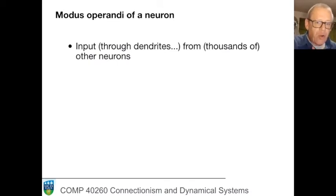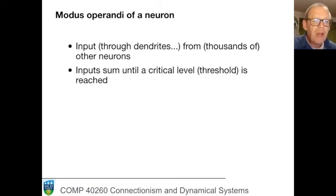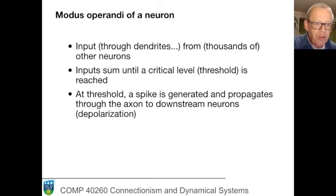So, your basic neuron then receives input, assuming it's not a neuron that is connected to receptors. If it's an interneuron of any sort, it receives inputs through the dendrites of other neurons, on the order of 10,000 other neurons per cell, for example. Those inputs sum. That is, the cell does nothing until the entire summed input from all the other neurons reaches a critical level called a threshold. And then when that threshold is passed, an electrical spike is generated, which propagates down through the axon to the downstream neurons,